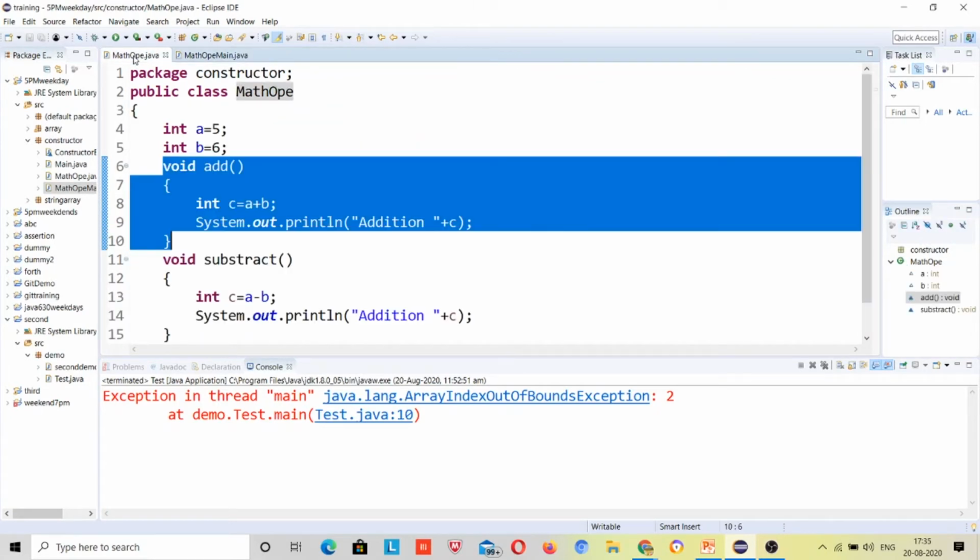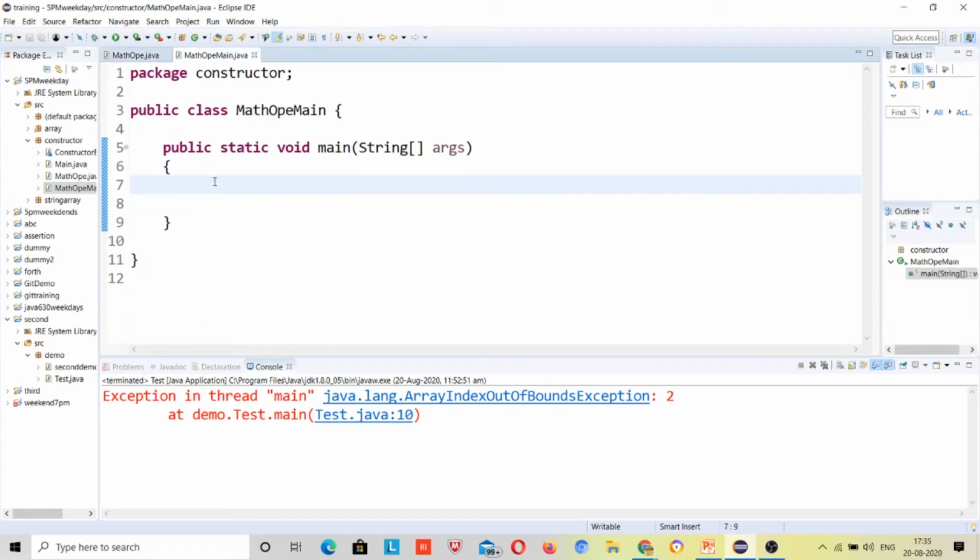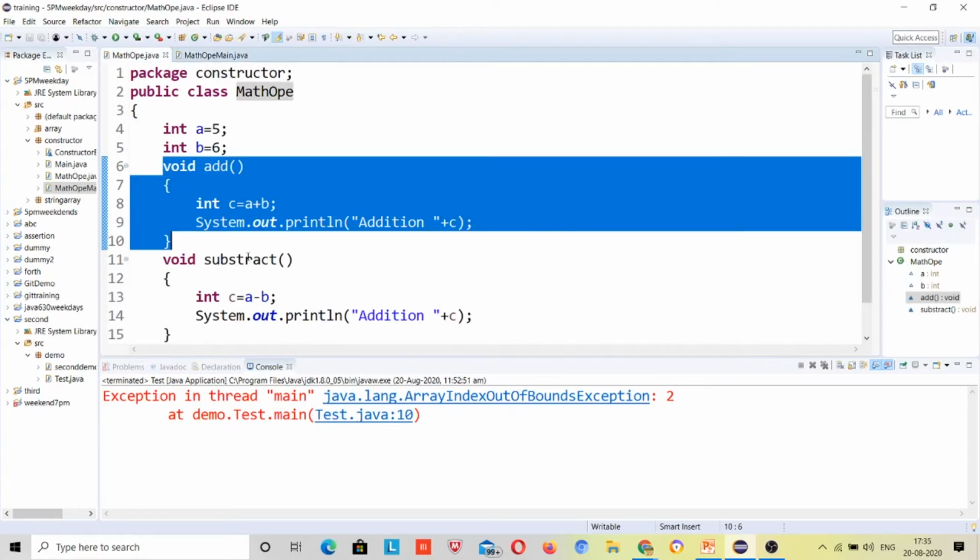If I have to, suppose, add two numbers, don't start writing the method for adding two numbers. You should think that I already have a class with a method which performs addition. How can I use that? Just make the object and call that method with the help of that object, right?